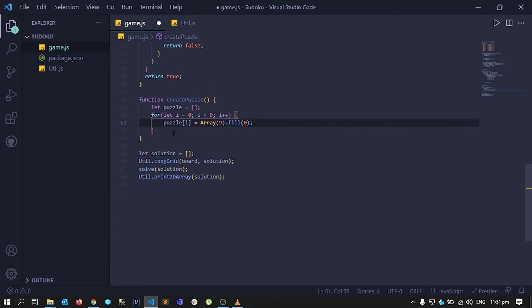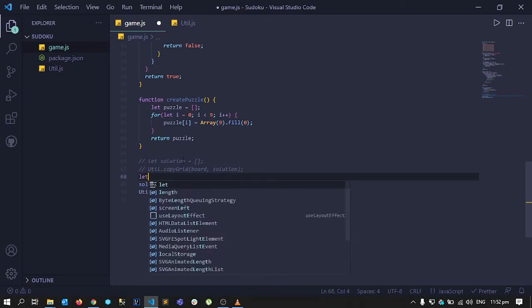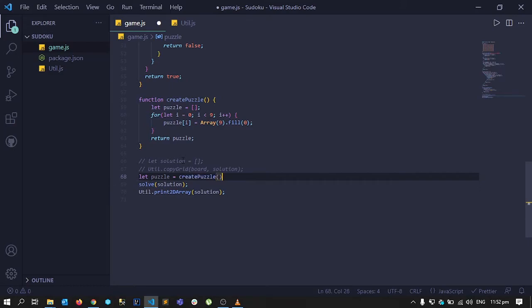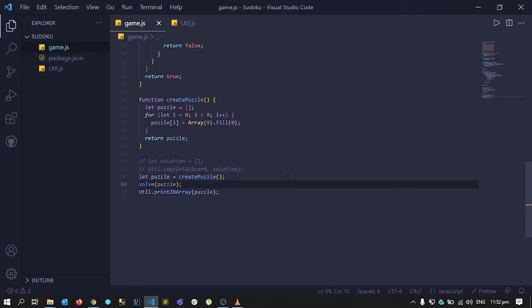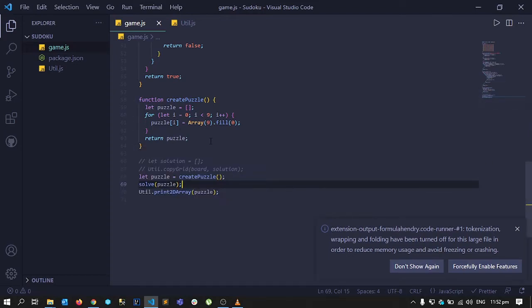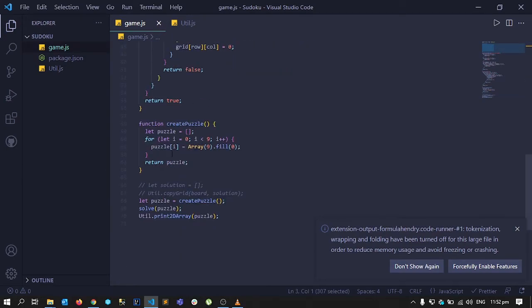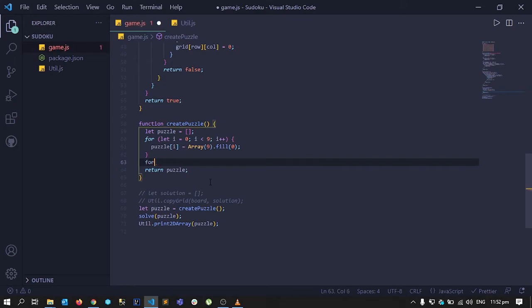Okay, so if I return puzzle at this time, and instead of these two, I take in a puzzle from this function now and solve for this, it should give me the same result, right? Yep, it is giving the same result because it is essentially the same thing. The difference is we don't have it hard coded like this one. We are just creating the same thing with this loop. So what can we do next? We can iterate over this 2D array,